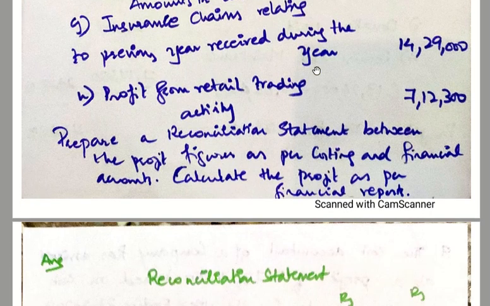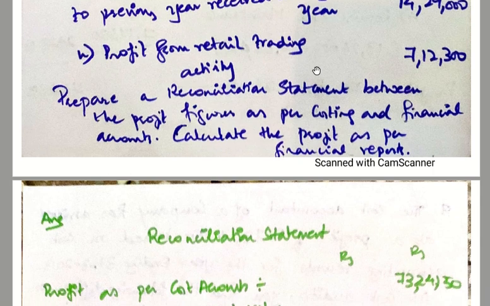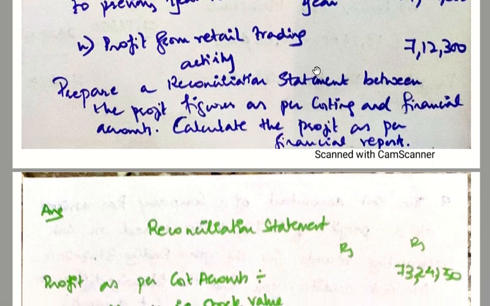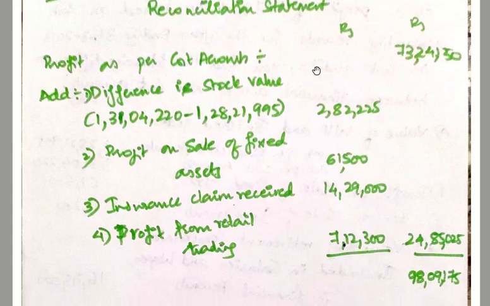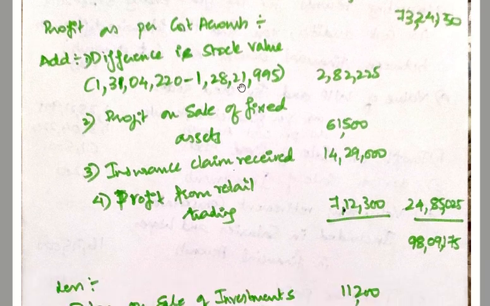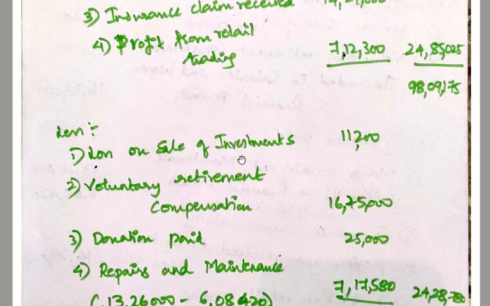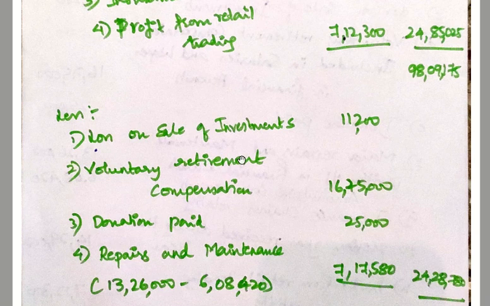Insurance claims relating to the previous year, received during the year, is an income, so you add it. Profit from retail trading activity is a profit, so you will add it. So in your reconciliation statement, profit as per cost account, you add the difference in stock values, which is your opening stock, profit on sale of asset, insurance claim received income, profit from retail trading income, and you minus all